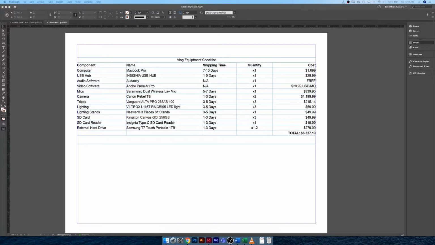In the previous video, I walked you guys through how to import data from programs like Word and Excel into InDesign. This is a great shortcut to saving you all sorts of time in terms of having to format your own tables in InDesign. In this video, I'm going to be walking you through how to change this sort of chart